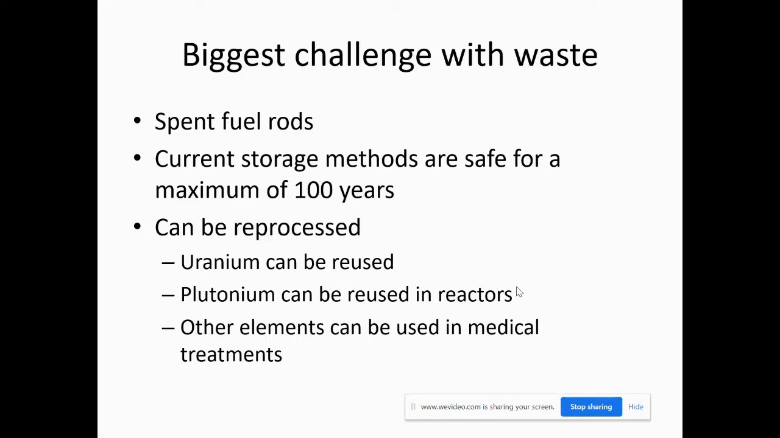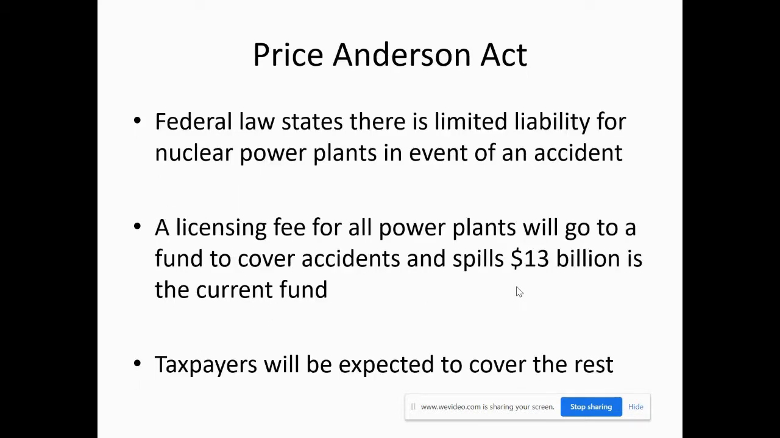So one of our big challenges with nuclear power is the waste. It's also not considered renewable because the uranium has to be mined. The other issue is the Price-Anderson Act. It limits how much a nuclear power plant would be held responsible in case of a meltdown. That is a problem because if they don't have to pay for cleanup, there's often less of a fiscal responsibility